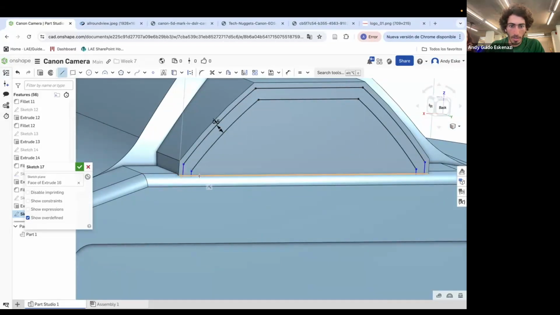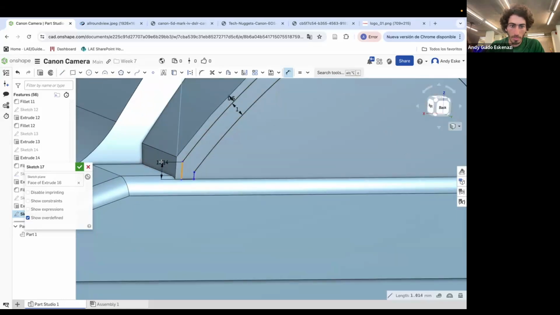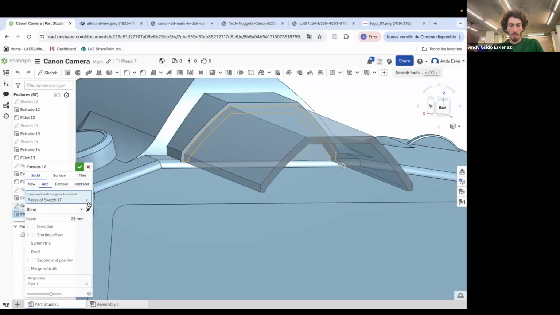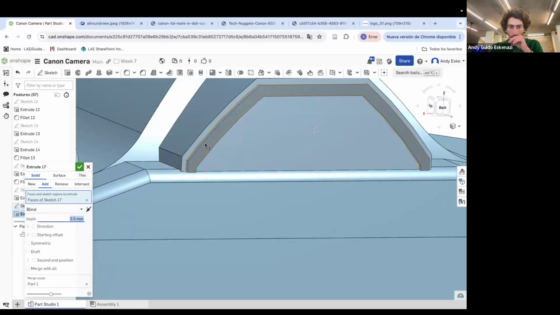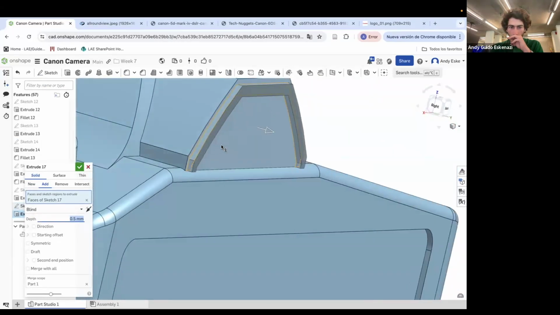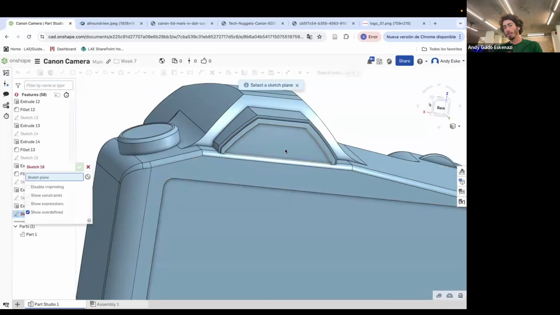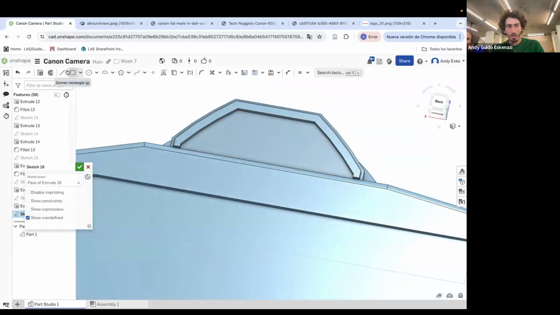One more line here. Usually for me, it's already on the. Oh, that's fine. Actually, it doesn't. You can just close it. Perfect. And then we are gonna bring this out by maybe 0.5, like this. And then the last thing is doing another one last sketch that's gonna go from here to that point,